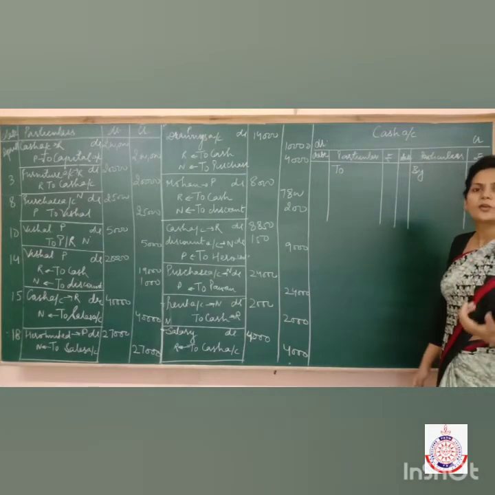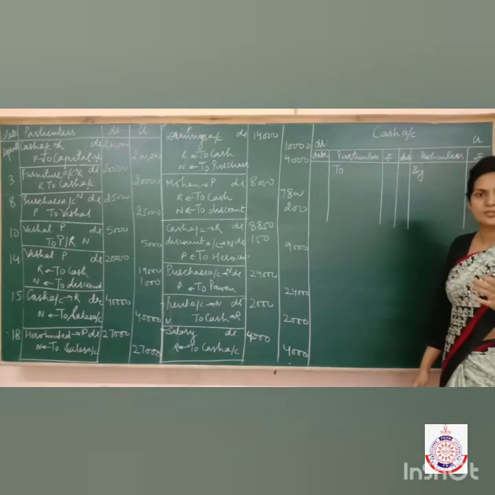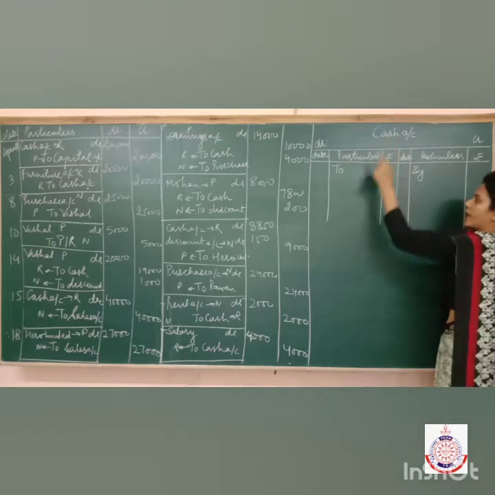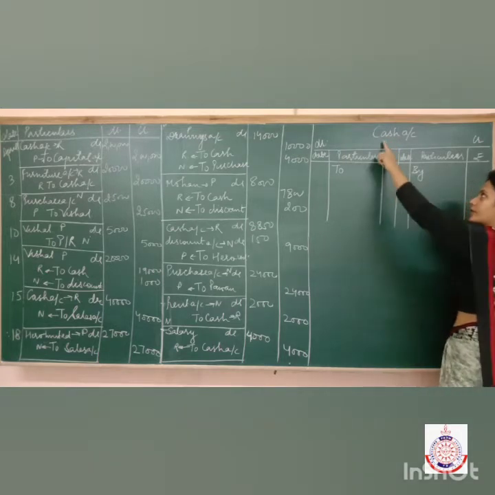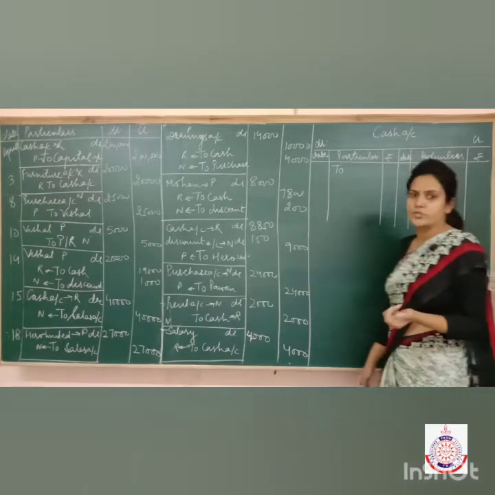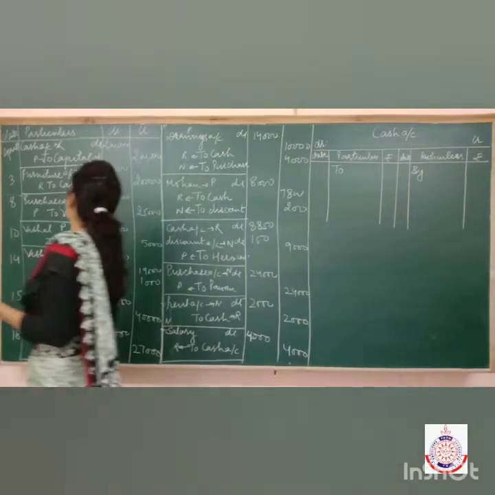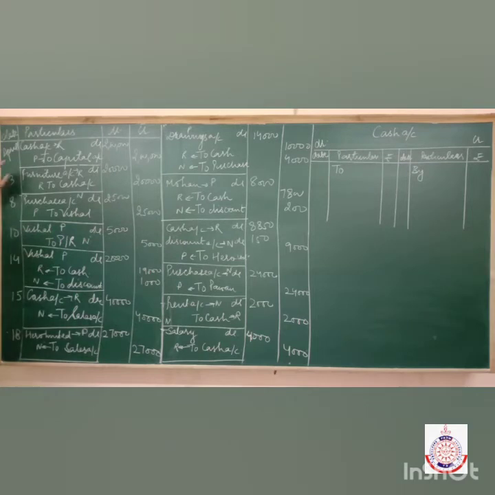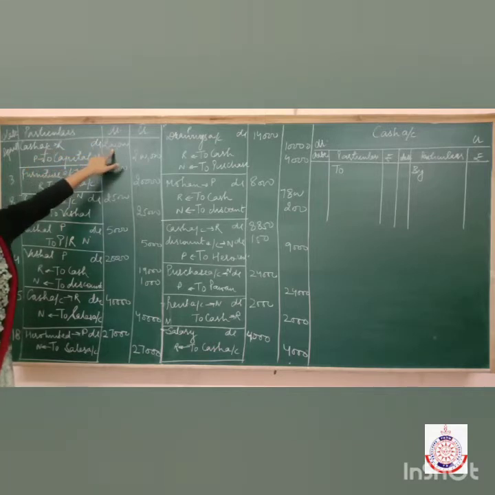Now, as I told you, we have to shift transactions from journal to ledger, and shifting of transactions from journal to ledger is known as posting. It means now we are going to post the transactions which are related to cash in the ledger of cash or in the cash account. So see how to post it now. Have a look at the first entry. First entry is cash account debited to capital account, right? Now in this transaction, cash account is debited, correct? You can see cash account is debited with rupees 2 lakh.